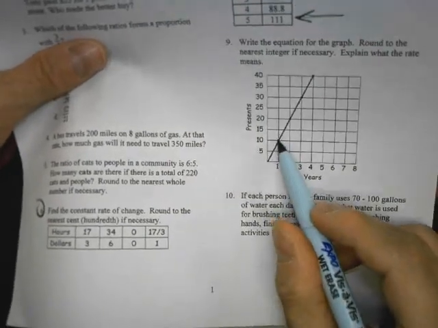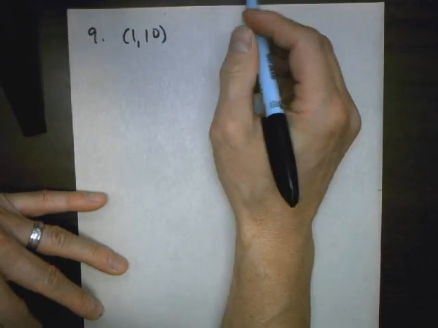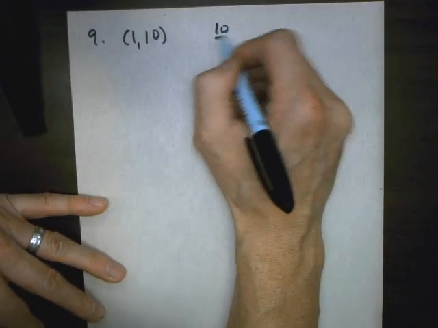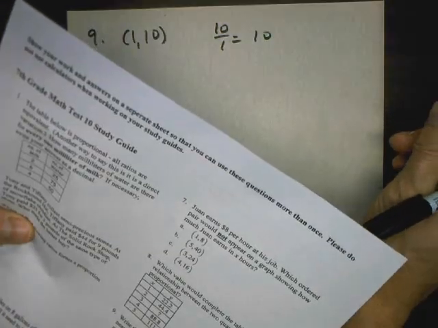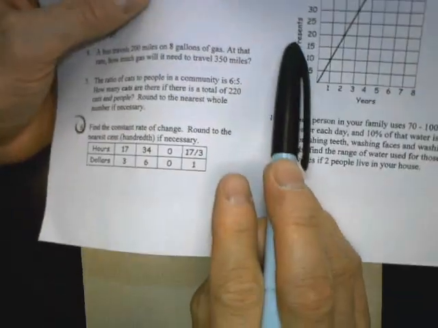So I take any point. See this point right here? The coordinates are 1, 10. I can get my unit rate like, again, y over x. My unit rate is 10, or my constant rate of change is 10. So it's always